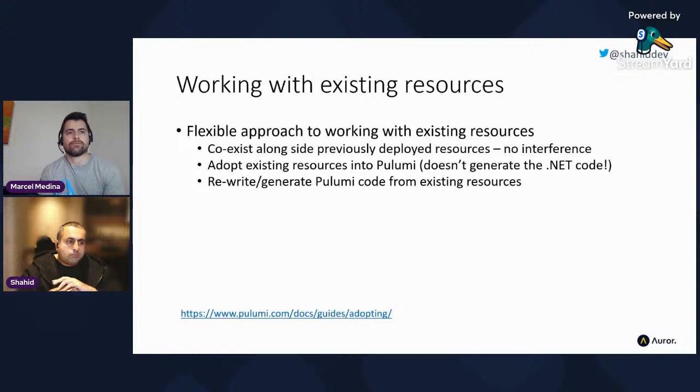And then the third option really is to go, right, let's just start from scratch. Let's just write everything in Pulumi. Pulumi has a couple of tools to help you with that. If you've got reasonably simple things, there's a Pulumi import command from the CLI, and you give it the unique ID of the resource, and it will actually generate the Pulumi code for you based on the language you've chosen. There's also a couple of pages on their website that give you live conversions, if you like. You can paste in an ARM template and it will spit out the code. If I get a chance in the demo, I'll maybe show you that.